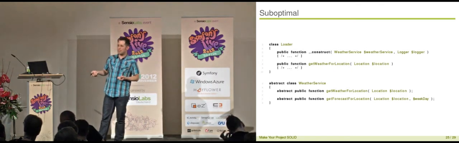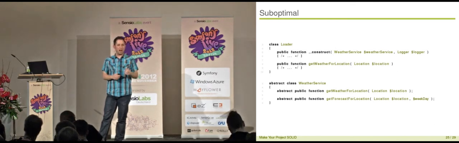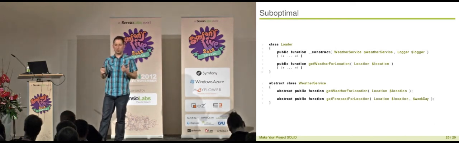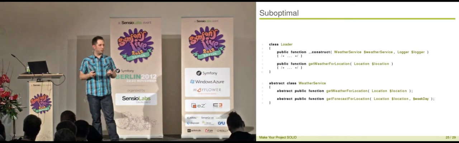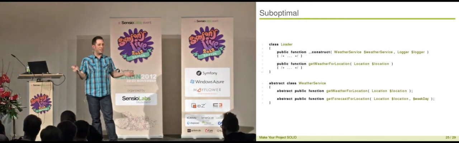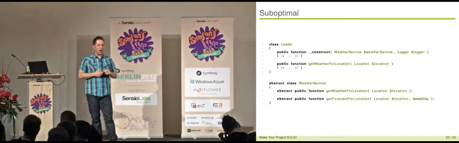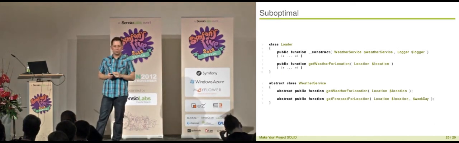If you think that the weather service in a real application will have maybe a way larger interface, then you also have the problem that your junior developer needs to dig through lots and lots of documentation, needs to click through lots and lots of methods in your IDE in order to find what he's searching for. And there is still the chance, if you have stuff which is more crucial, like sending emails in here, that your junior developer will go to the class and say, nice, I can also send an email to our administrator. And later you are wondering, why the hell is the application so slow?